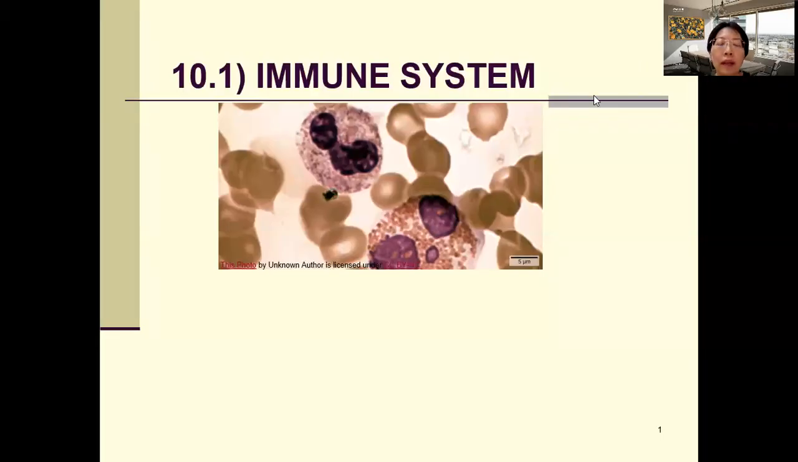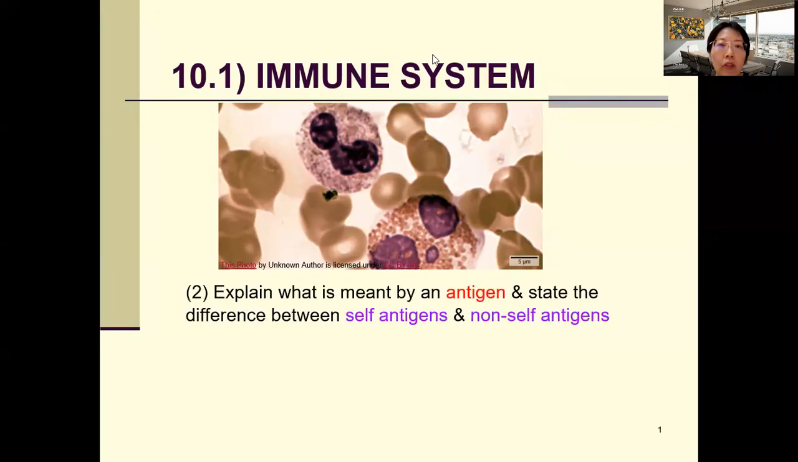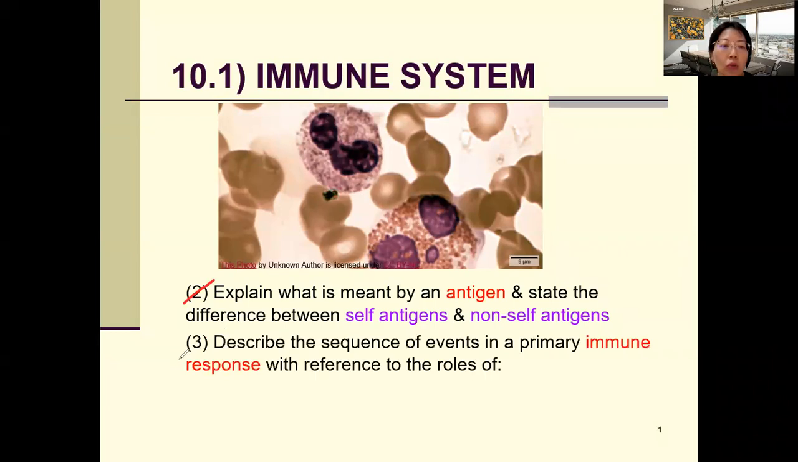Okay, so in this topic, we are going to learn about, firstly, explain what is meant by an antigen, and then state the differences between self-antigens and non-self-antigen. Secondly, you're going to learn how to describe the sequence of events in a primary immune response,